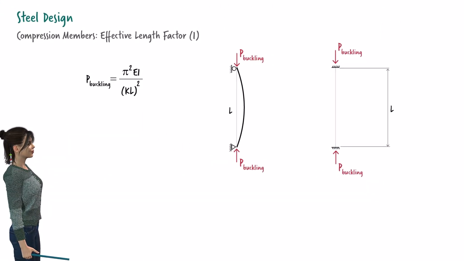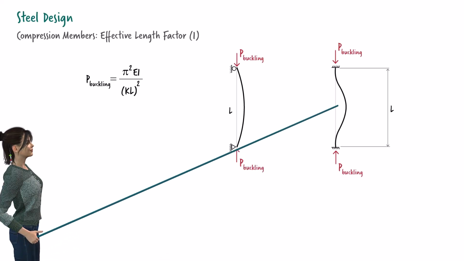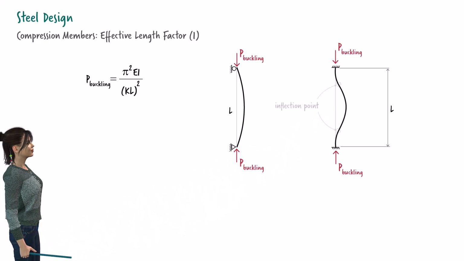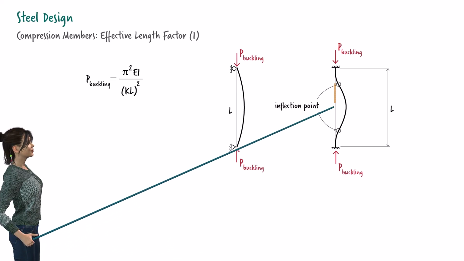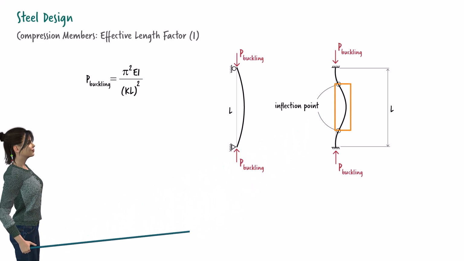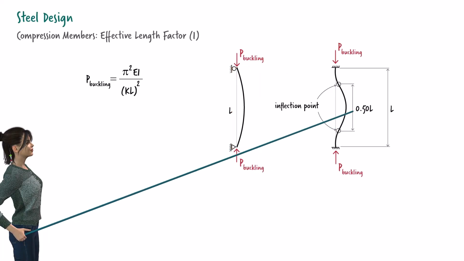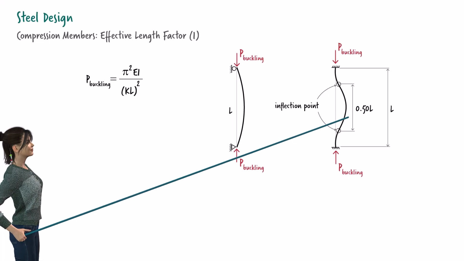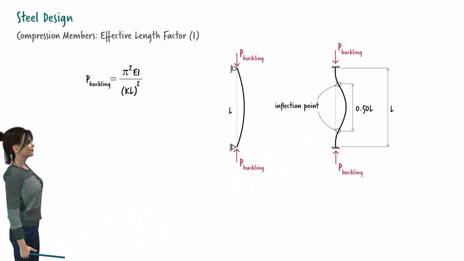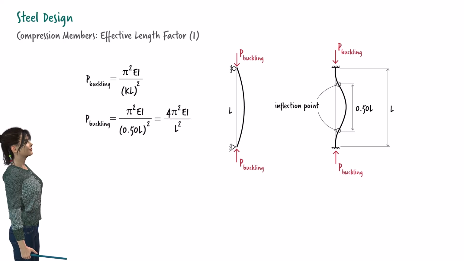Consider the case where both ends of the column are fixed, forcing the member to buckle like this. This curve has two inflection points. The middle segment of the curve resembles the entire buckled shape of the simply supported column. The length associated with the curve segment is 0.5 L. Hence, the effective length factor K for a column fixed at both ends is 0.5. So, the buckling equation for the column becomes